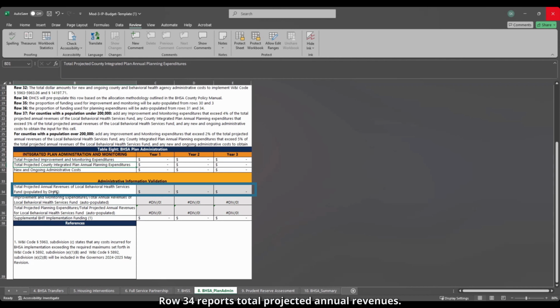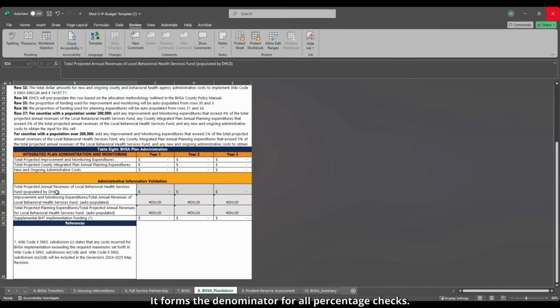Row 34 reports total projected annual revenues. This is pre-populated by DHCS based on the county's estimated BHSA funding. It forms the denominator for all percentage checks. For this particular scenario, however, we will input an allocation amount value so that we can observe how the validation